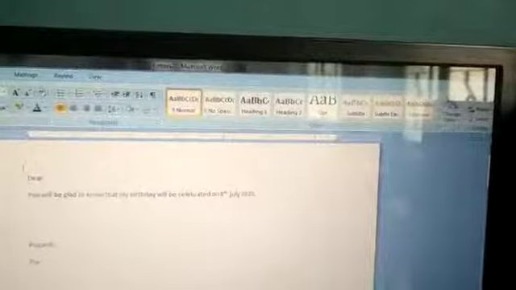Or else, we can click on the Insert Merge Field option. We are using an existing list.